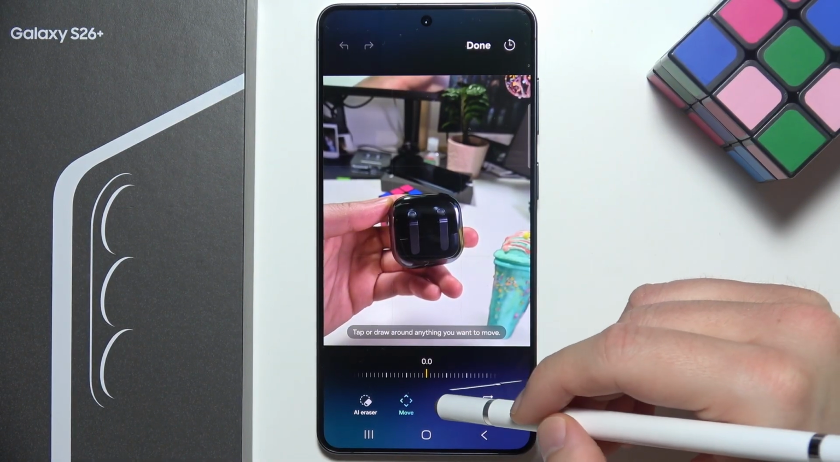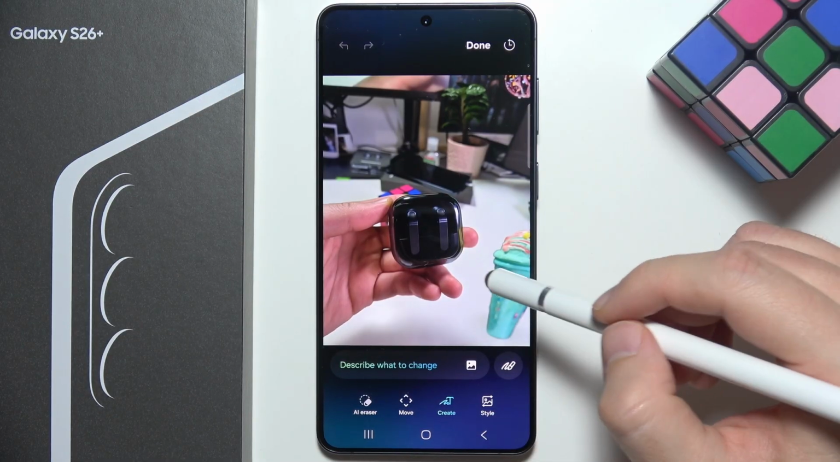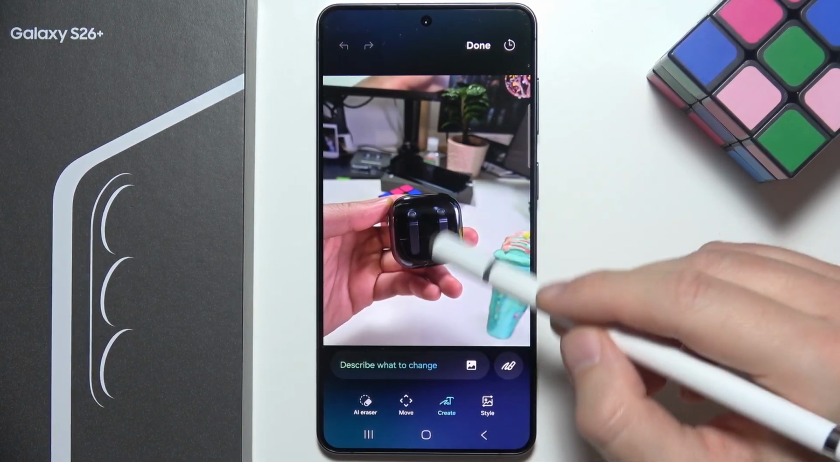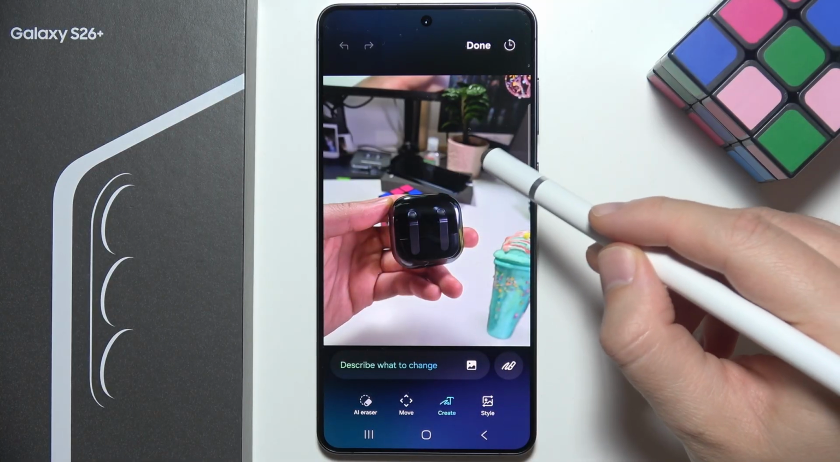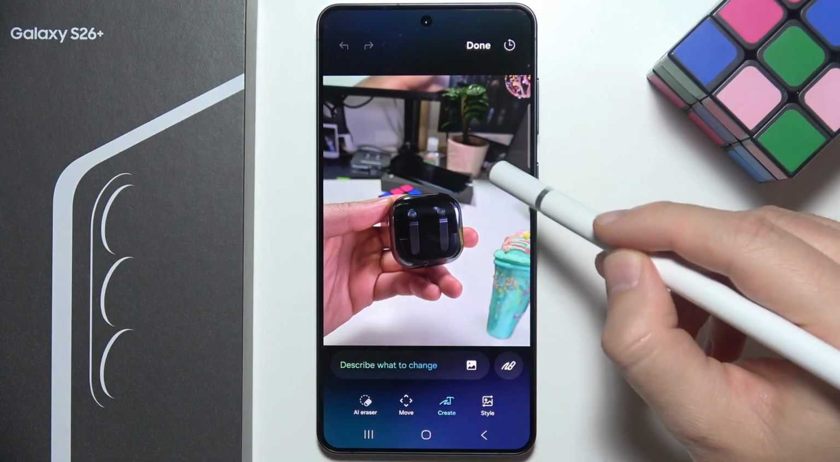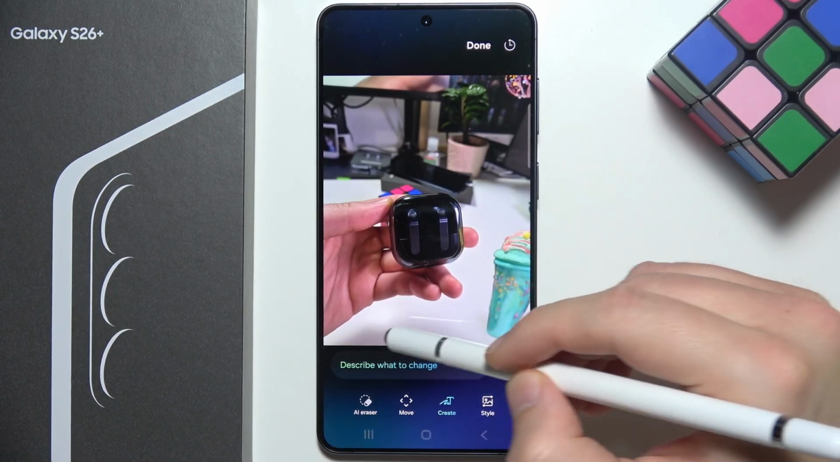Now let's go forward. You can also find the create option. So for example, we can type here whatever we want to add. So for example, we can add some objects onto my desk. So what can we put here? Maybe